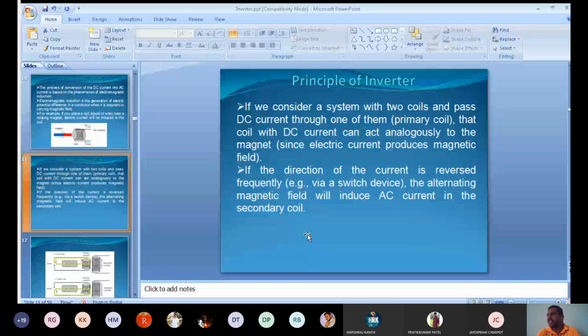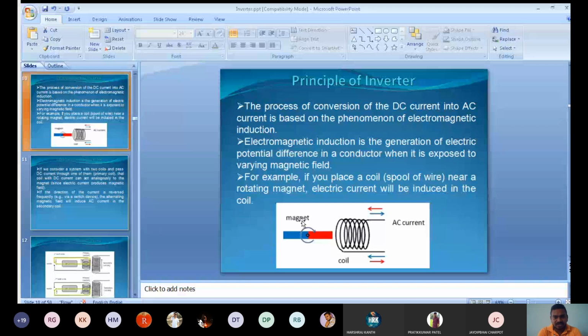So now we are changing the direction of current flowing through this coil. Okay, so as the direction of current flowing through this coil is changed, the direction of EMF, or the polarity of EMF, induced in the second coil will also change, and due to it the direction of current flowing through this coil is also changed. This is the principle. Understood this principle, Harsh?